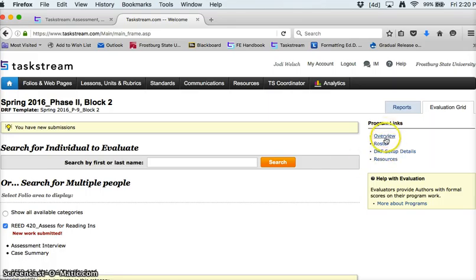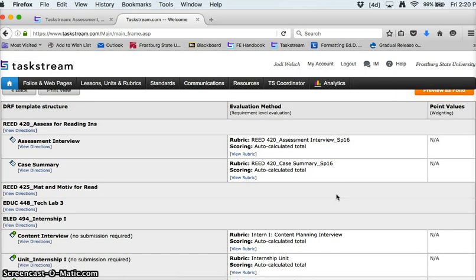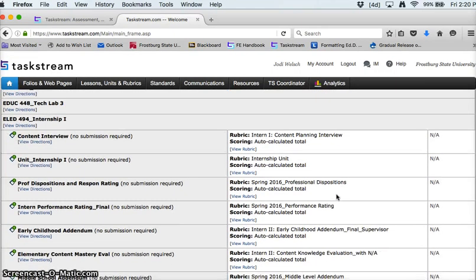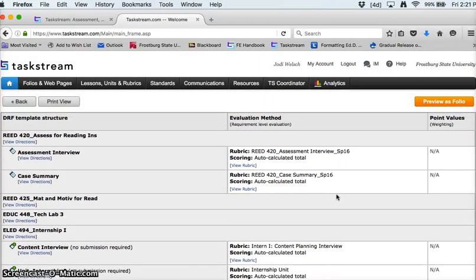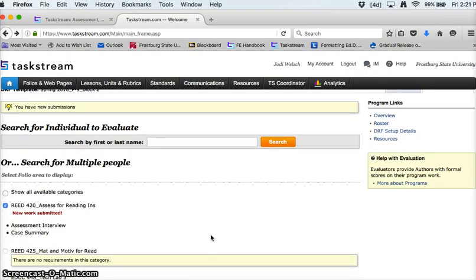Another thing I want to point out over here are some links. One of the things we can use for that DRF setup allows you to see the rubrics that are associated with the different courses and different programs that you might be teaching in. You can always use this little view rubric button to see the rubric for different assignments. So what we're going to do is, I have submitted an assignment to myself,